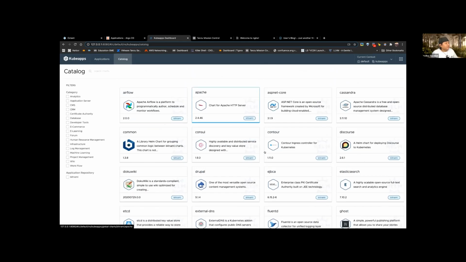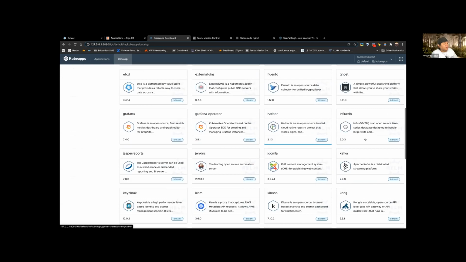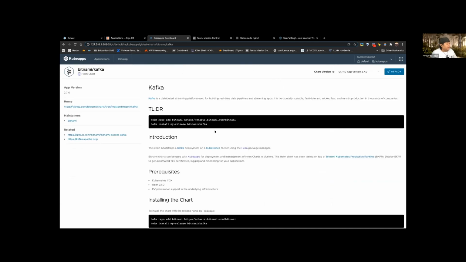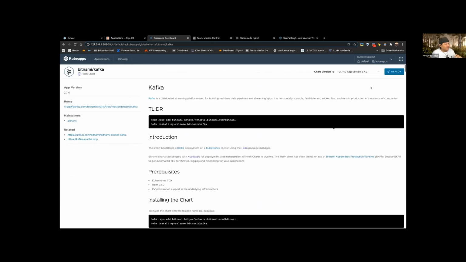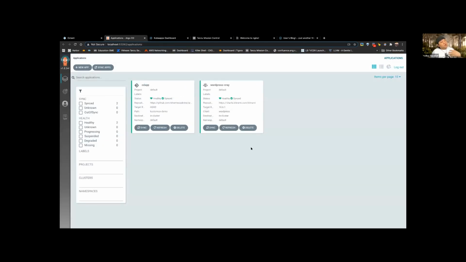So, for example, if I want to do Kafka, because I'm a big fan of that, just be aware of the resources. I can select from here and just get and deploy, right? So that's easy. But what if I want to experiment with the continuous delivery side of the house? Continuous integration is more about the developer side of the house. That is why I try to do things from the world that I understand, which is infrastructure, right?